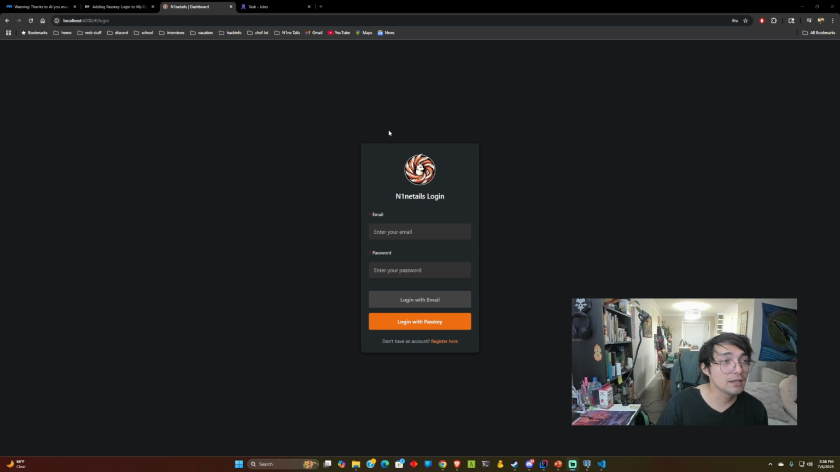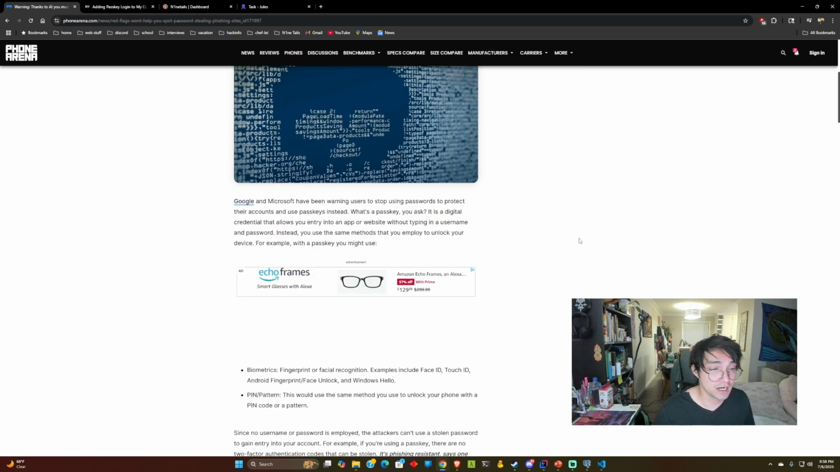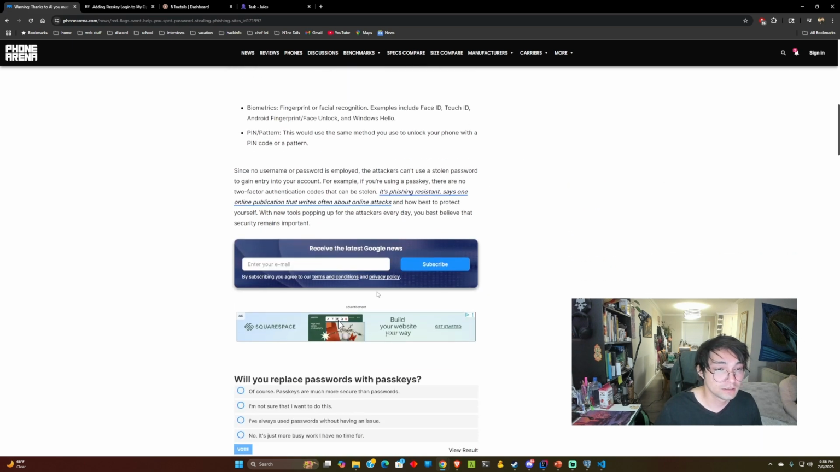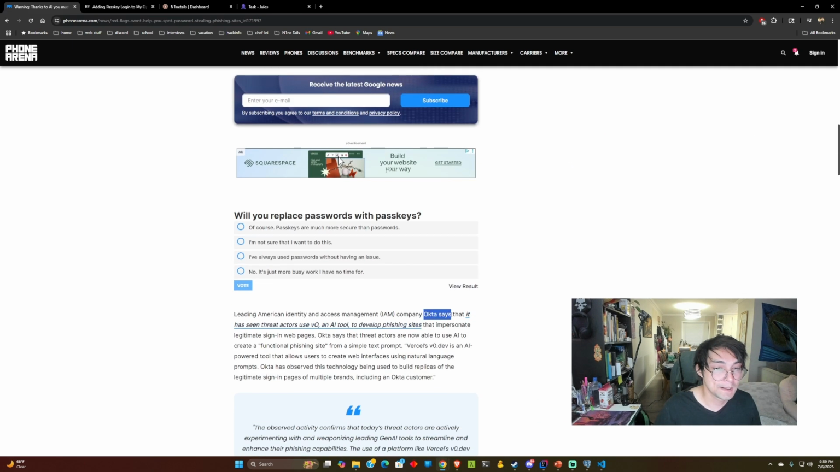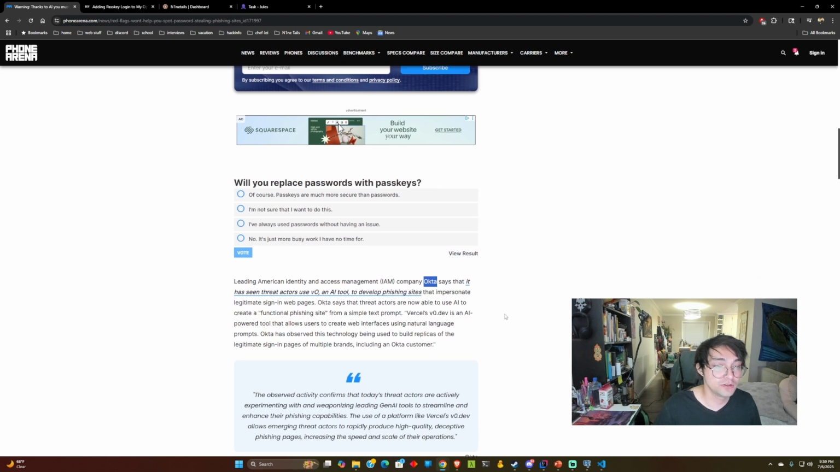So why should we even care about passkeys? Well, given the rise of vibe coding, which I think is pretty cool, but it is also pretty dangerous. If we look at this article here, they are kind of saying we should start using passkeys to replace our passwords. And this is because, according to this company, Okta, they say that hackers have been using AI to vibe